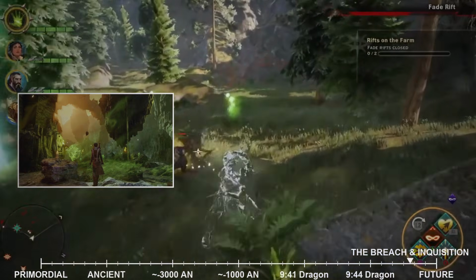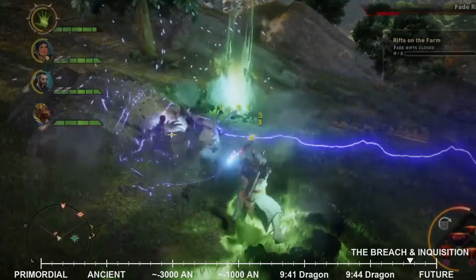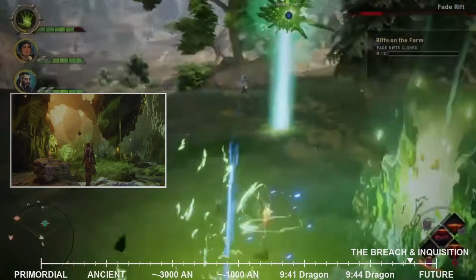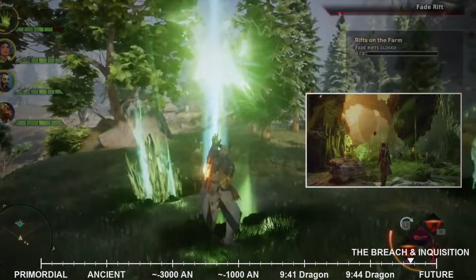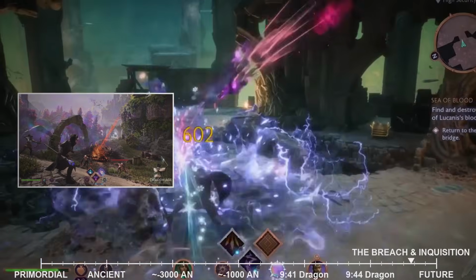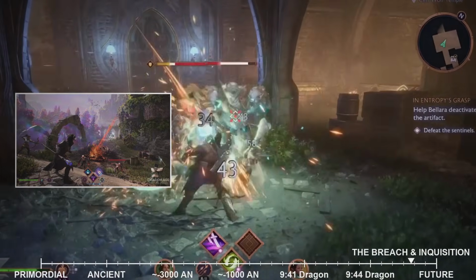This rift, though not as massive as the Breach, was still a dangerous conduit for demons, threatening the lives of the villagers and proving the immediate, widespread danger of the Fade's intrusion. It was here, in a moment of desperate urgency, that the true nature of the Herald's mark began to reveal